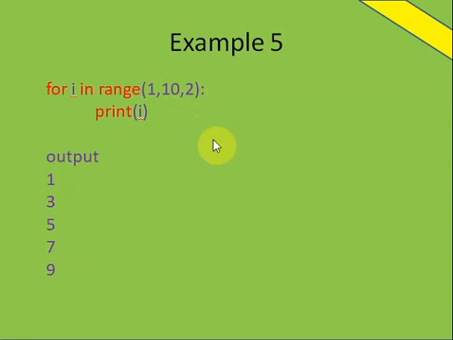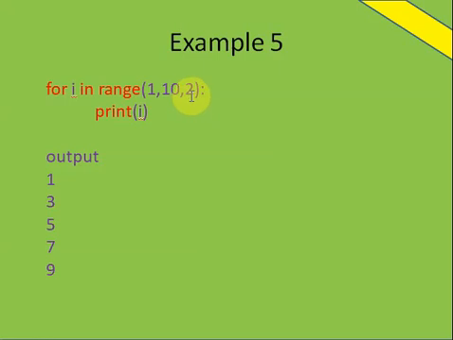Next example, for i in range, and in the bracket there are three values. The first value is the start value, the second value is the stop value, the third number is the step value. With this for statement, it will print the starting number 1, then it will add 2 to that number and then print.